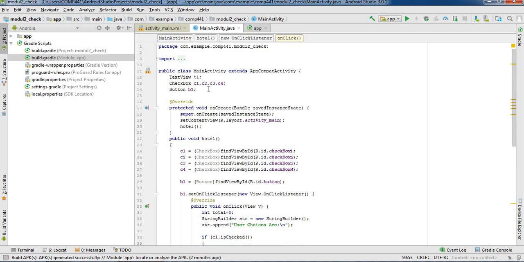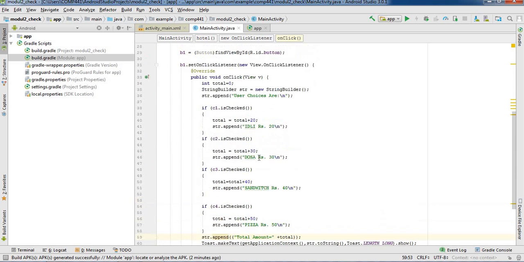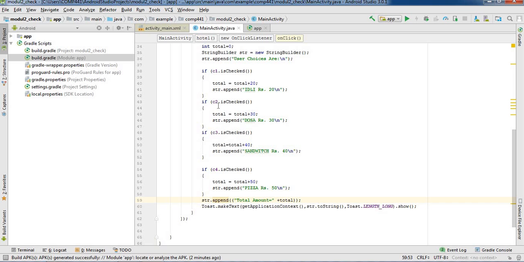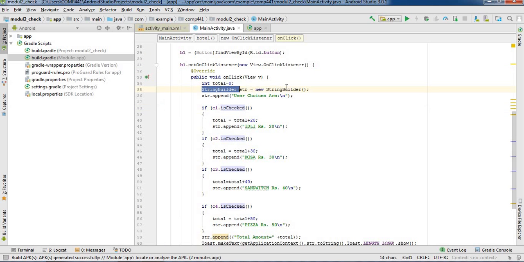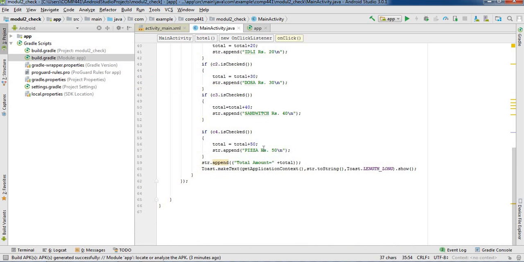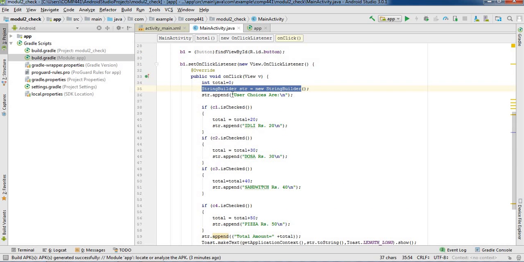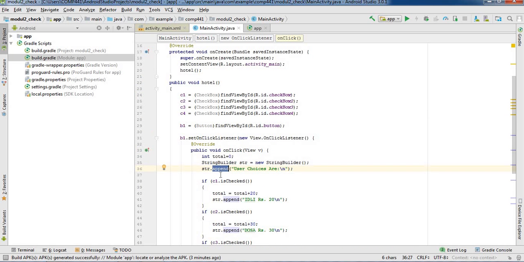The code is so simple. Just four if statements. You have to analyze all the check boxes. If you have included 10 checkboxes in your project, then you have to analyze all 10 checkboxes, whether each checkbox is clicked or not, and if it is clicked, then what the actions will be. Here we are going to use one string builder concept of Java, that is str, a place which can hold all the strings, and you can append or delete those strings by using the str.append function.